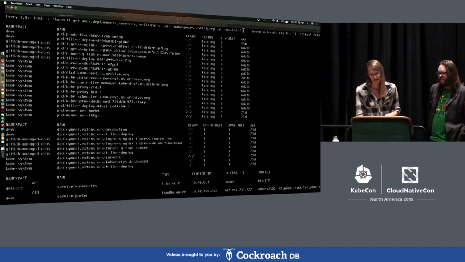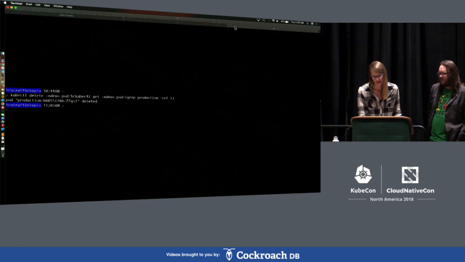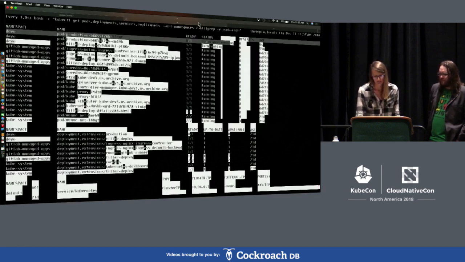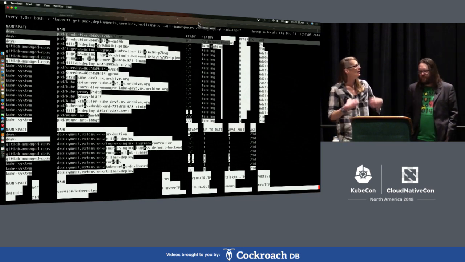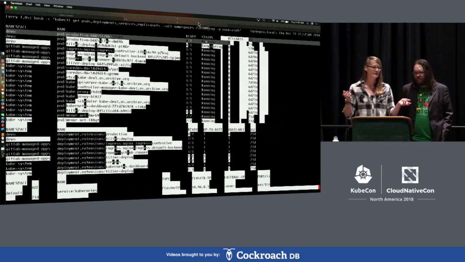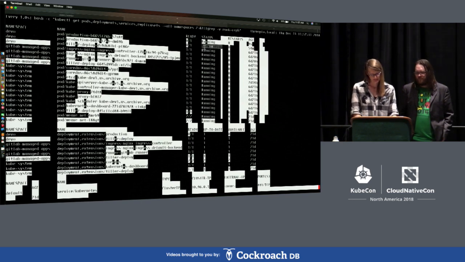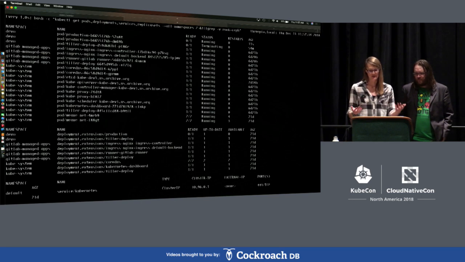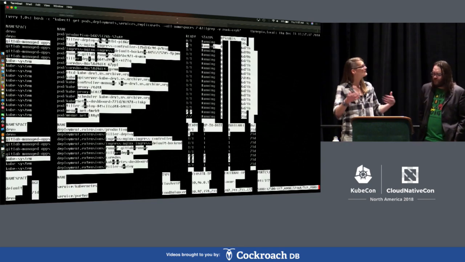I can Control-C, it'll repeat, and I'm just going to go ahead and delete this top pod. So this is just a little web app, pretty simple. I've already got it ready to go. I will delete that, and what you can see here is, because it's using watch, it will just highlight all the different regions pretty nicely, and you can see this thing is now terminating. I'll just Control-C. Once it saturates, you can Control-C again. And then you can see it starts coming back.